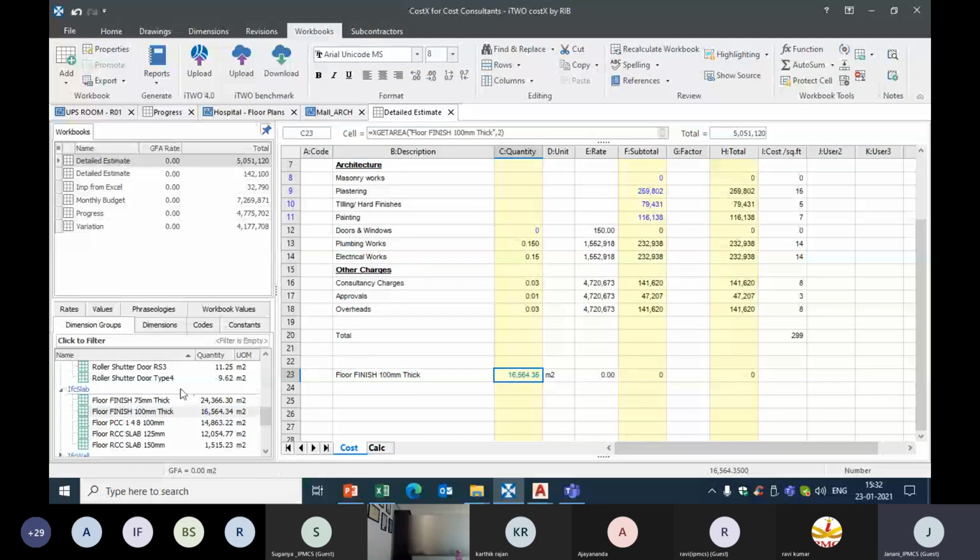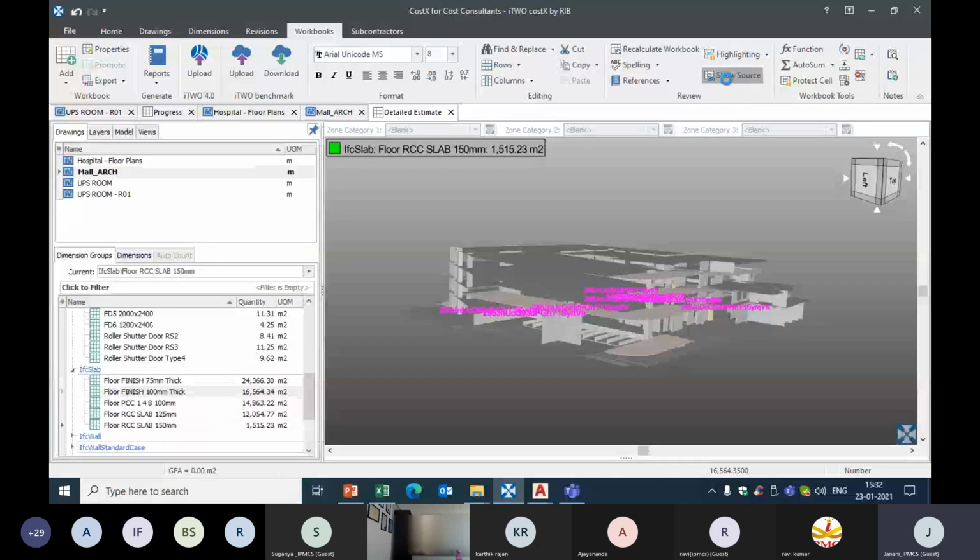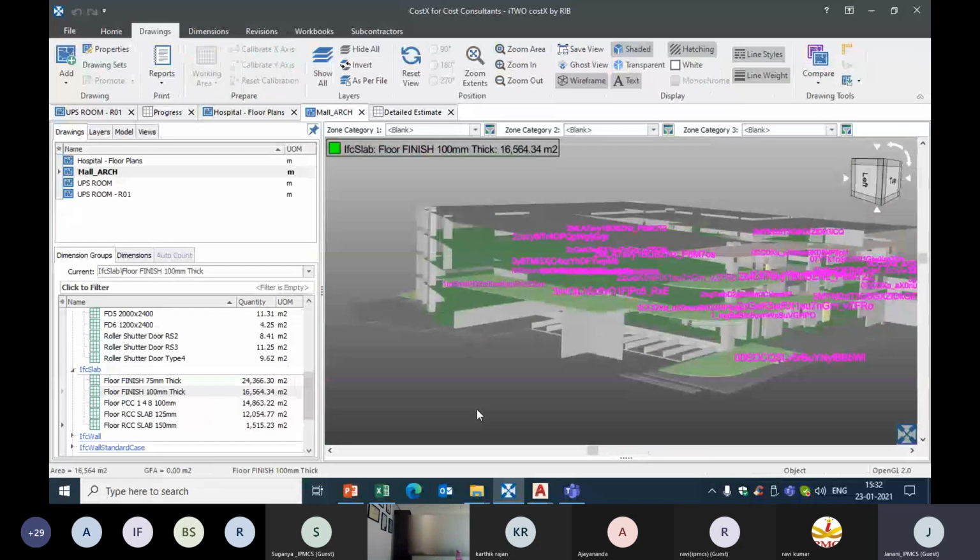So whenever your BIM model gets updated, the 100 mm thick slab is getting updated from 16,564 square meter to 16,700 square meter. So you can update your new model and it will get automatically updated in your quantity column and estimate. And the option show source shows you the model where those quantities are.